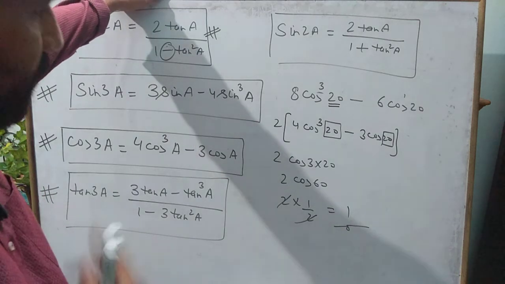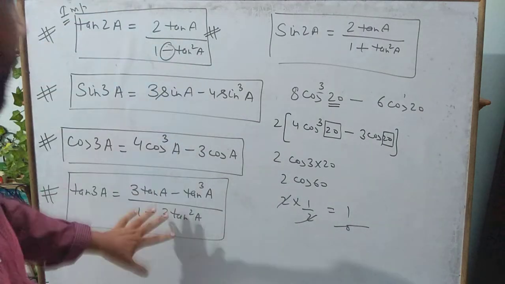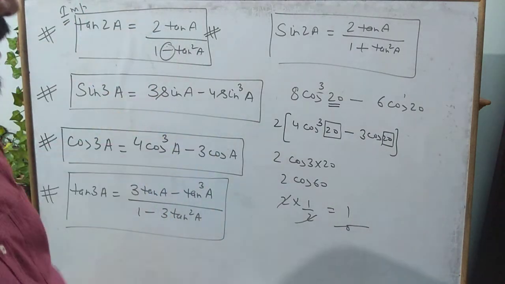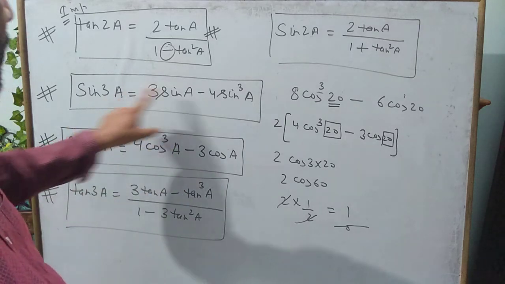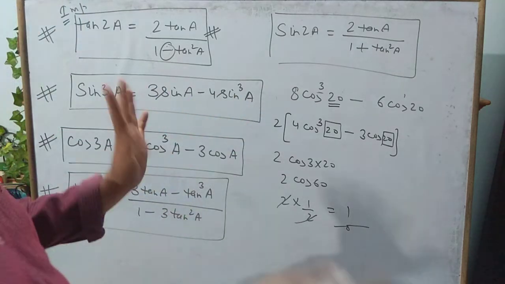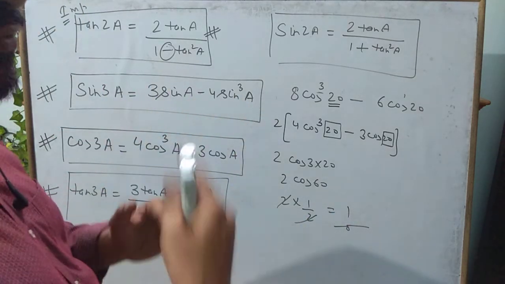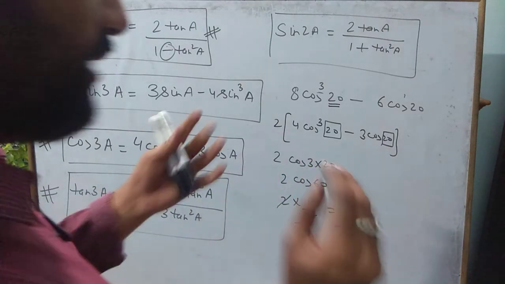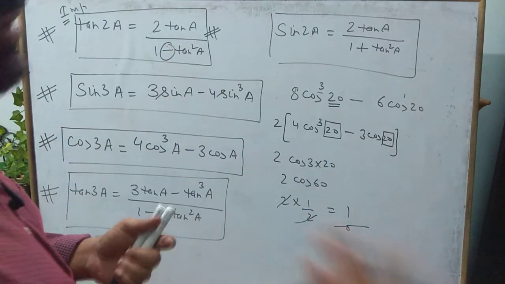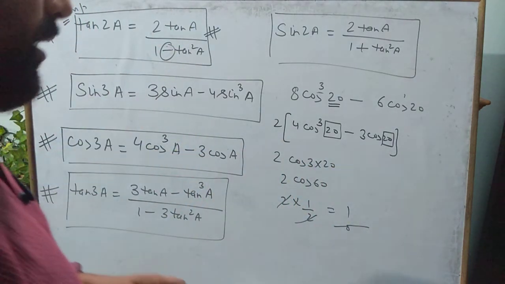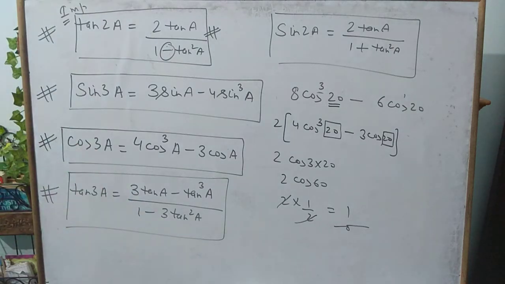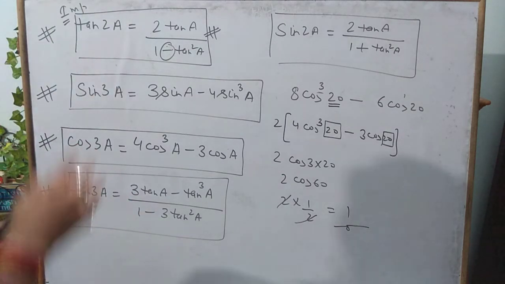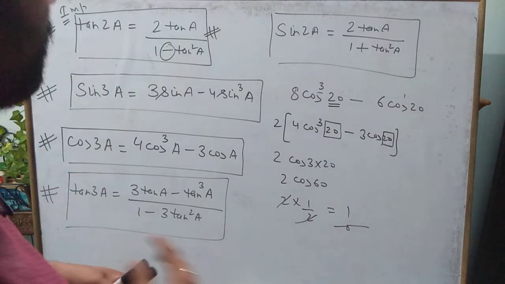Please revise. Do it many times. Recall the formula many times. Write it and understand: when 3A is given, it is coming A and A. When 2A is given, how to convert 2A, 4A, 6A, write it in your own way. Write it as 12A: sine 12A means what? 2 sine 6A cos 6A. So please, again I repeat, recall these formulas, write them down 2, 3, 4 times so that they can be stored in your brain.